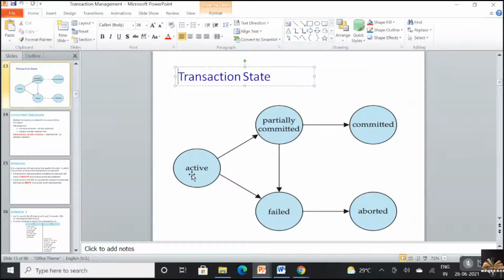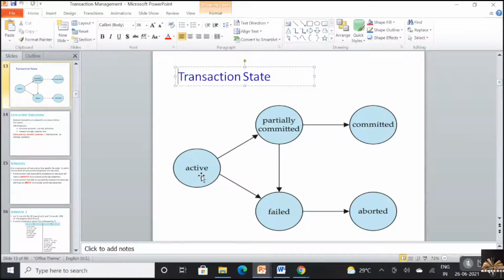Or from the active state at the beginning of the transaction, there is a power failure or a system crash or software failure. Again, it might go to the failed state. So once you feel that a transaction has failed, you have to abort that particular transaction. You have to redo the transaction fully. In order to see that the database is in a consistent state, you have to abort the transaction. So active goes to failure. If it has any problems, then it goes to the aborted state.